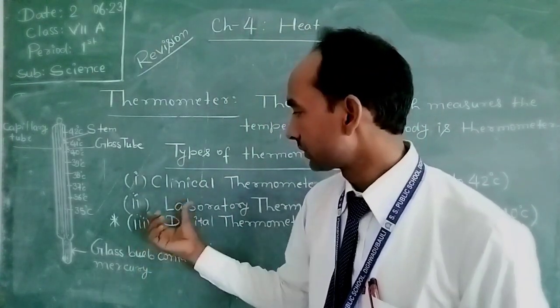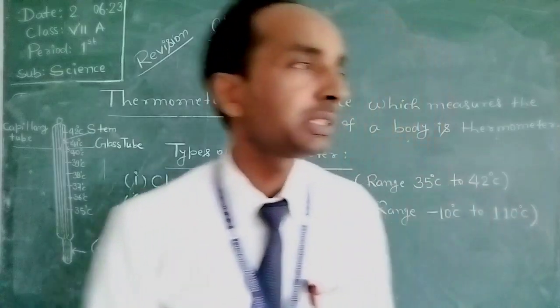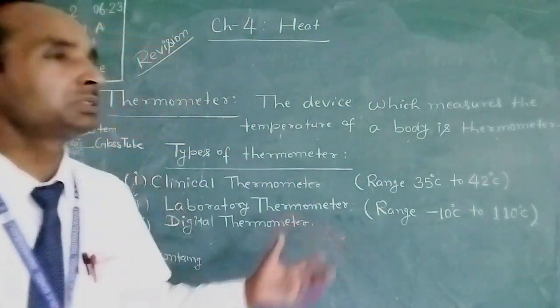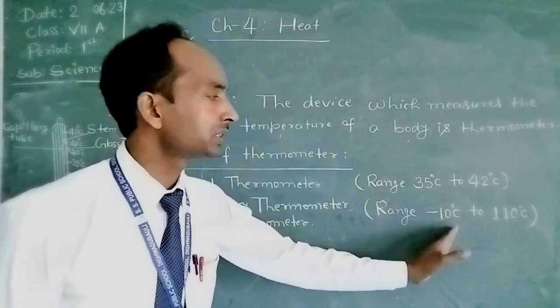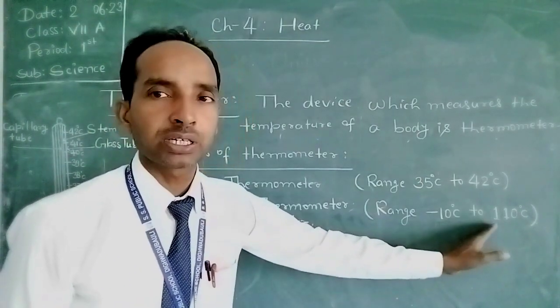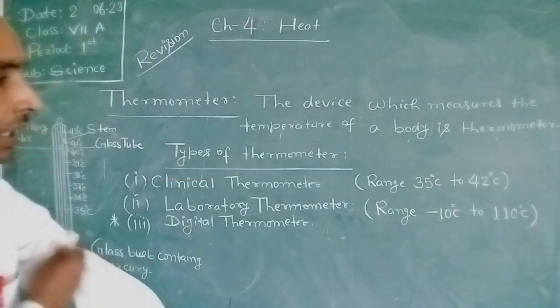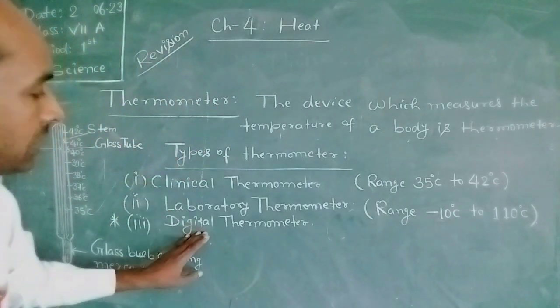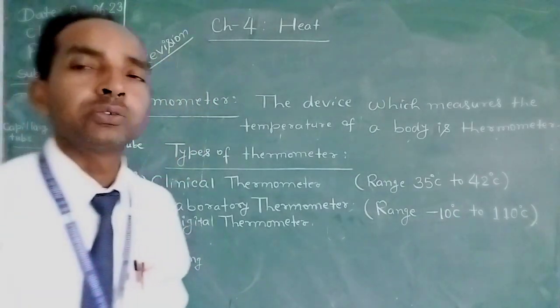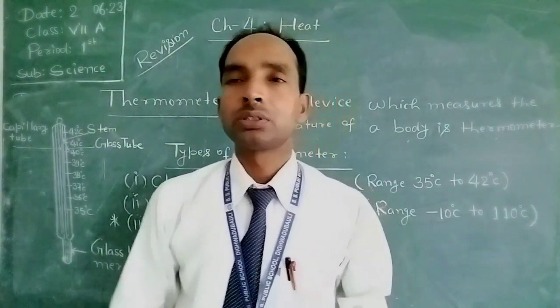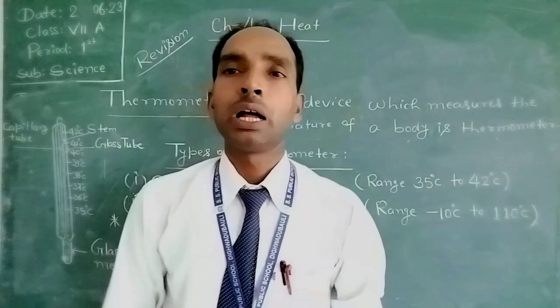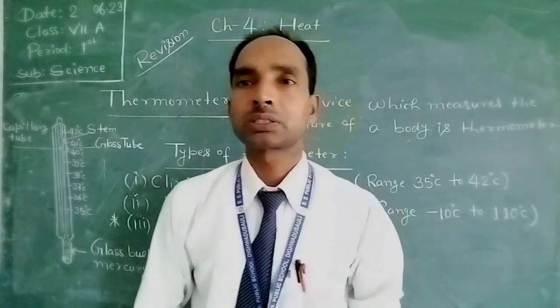And the laboratory thermometer is the thermometer which is used generally in the laboratory, and the range of the laboratory thermometer is -10 degrees Celsius to 110 degrees Celsius. And another is the digital thermometer, which measures the temperature digitally. So these were the main topics, and in our next video we will discuss the